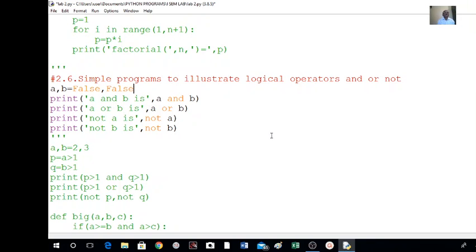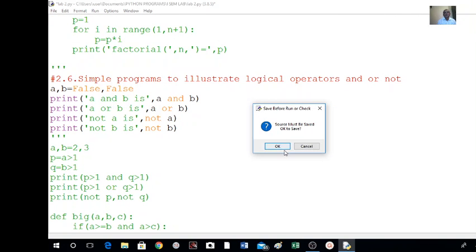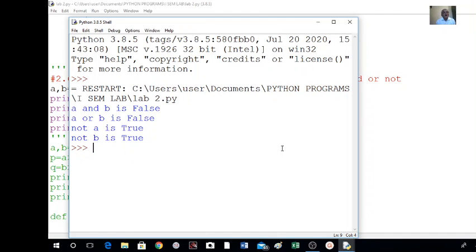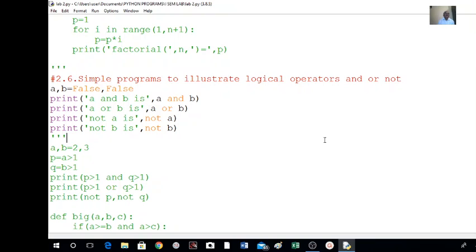F-A-L-S-E, false, false. So therefore, first one will be false, second one will be false, and these two are true, right? Running this program. False, false, true, true, okay? This is how we can use the logical statements, logical operators.